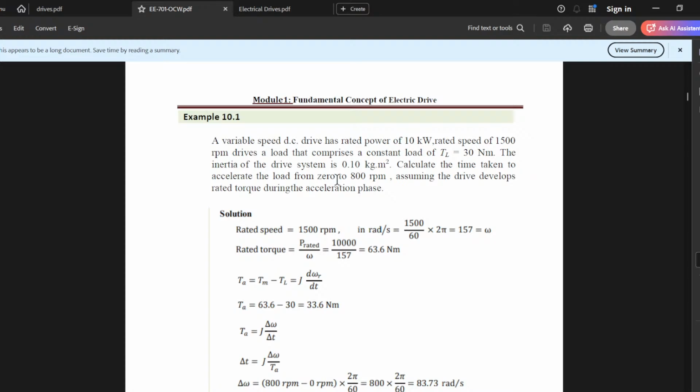157 radian per second. Then the rated torque, it's given. Then what is this? If you're calculating, then what is this? I thought this is such a torque, it is of something of load. So rated torque is